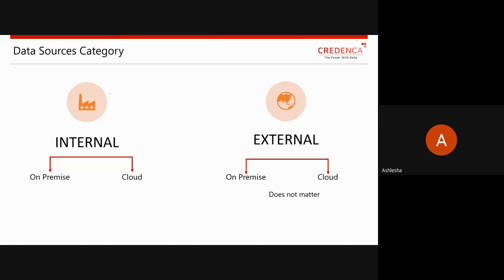Just to make a blend of these two classifications, take an example. If data is internal, you can maintain your data on premise or you can store your data on cloud. Just to elaborate, take your student information.